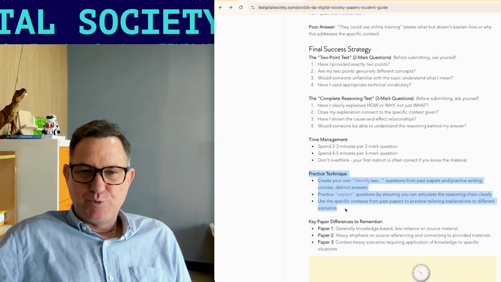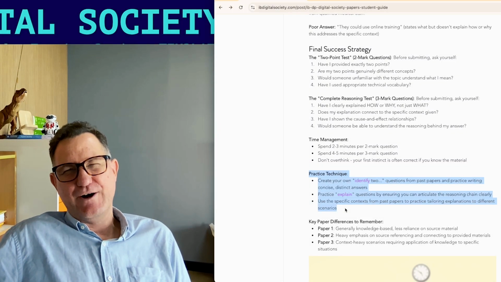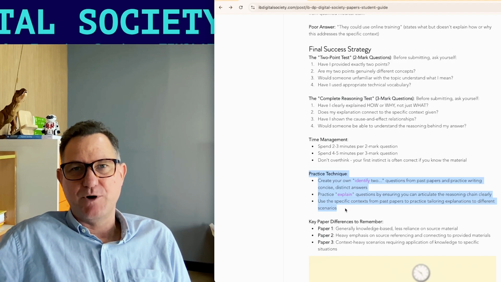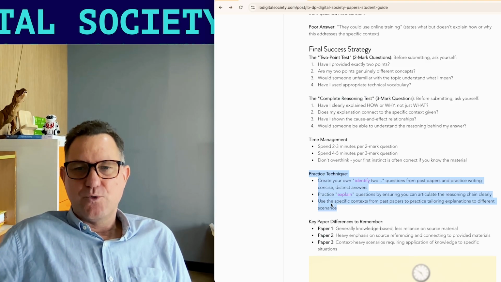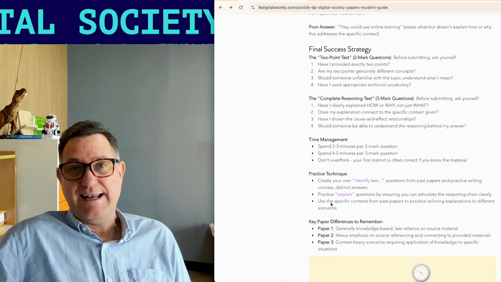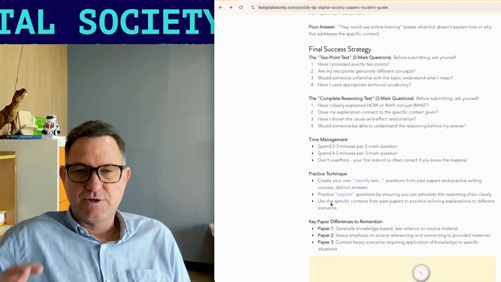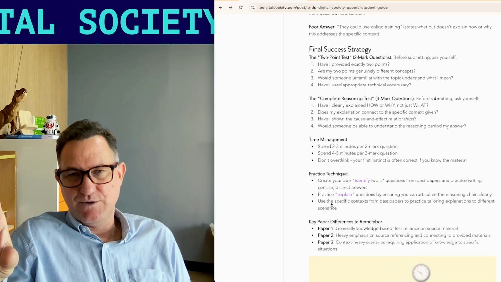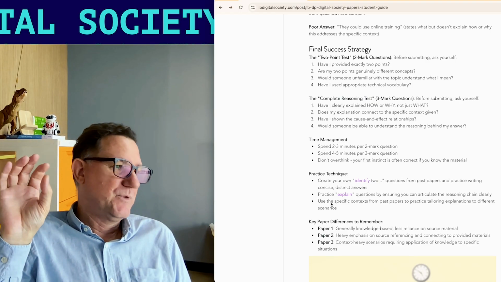Now, this last point, practice techniques. With AI, it's really handy now. You can actually get AI tools to write you some practice exam questions, whatever the topic might be. So I recommend you asking some AI tools to write you some 2-mark questions, and you can do this in any of the 3 C's, whatever it might be. Here is the content, so you can feed into the AI tool. Here is the Digital Society syllabus. These are the main areas of study in something like